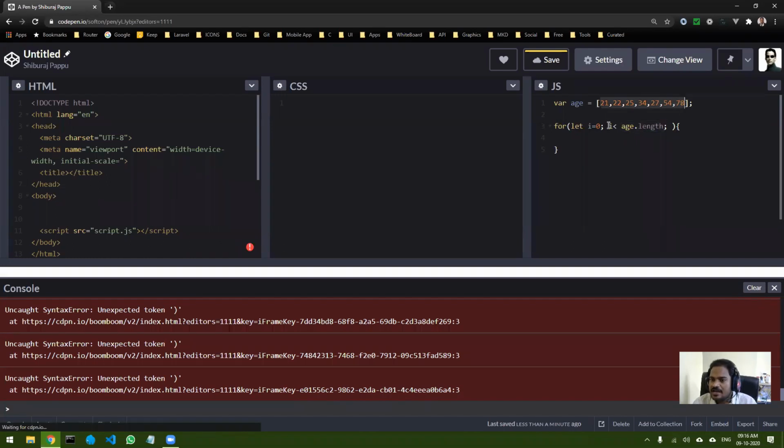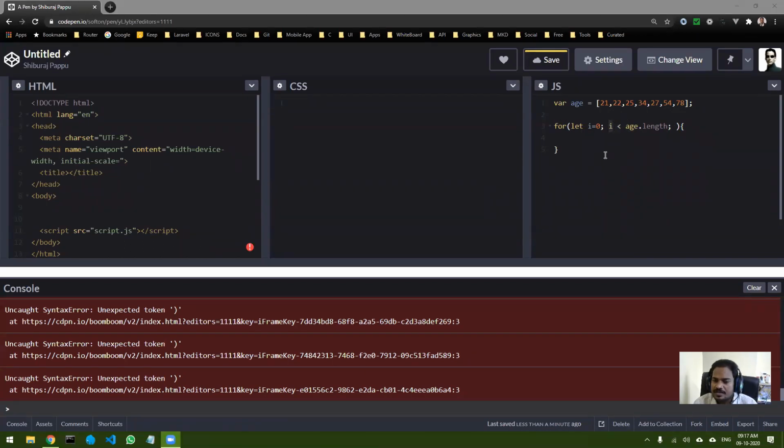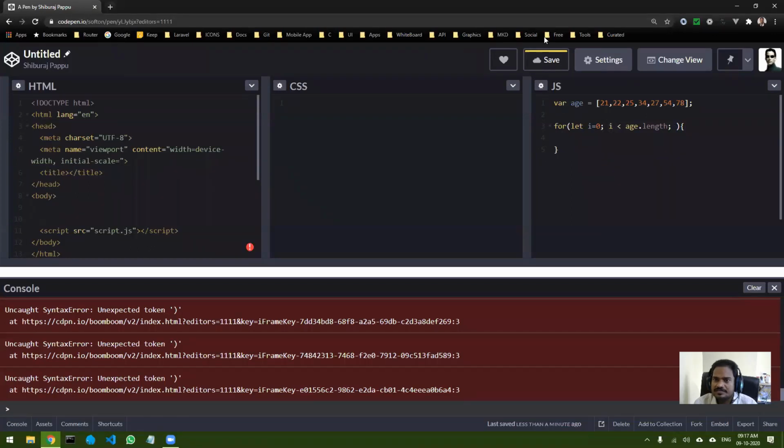So I will go from 0 to 6 because it is less than. Here it is less than, so it will go 1 less. Okay, so if age dot length is 7, then it will go from 0 to 6, and 0 to 6 means how many iterations? 7 iterations, right? So I have this now, and now I want to increment after each iteration. So I will just do i plus plus.